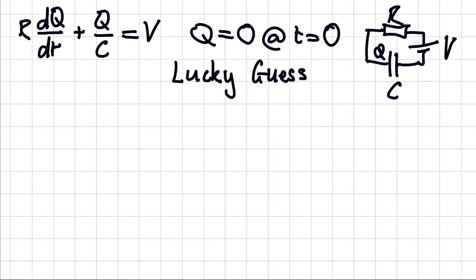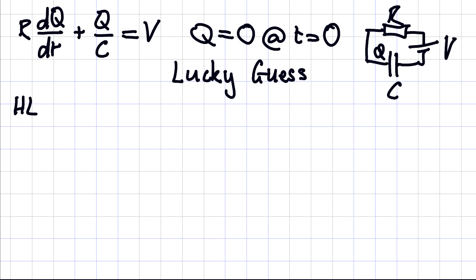We want to solve the inhomogeneous equation R dQ/dt plus Q over C equals V, with initial condition Q equals 0 at t equals 0. This is an equation which corresponds to a given circuit, and we're going to use the method of lucky guesses. So our first step is to solve the homogeneous equation,